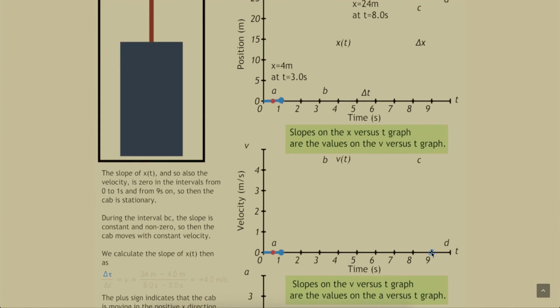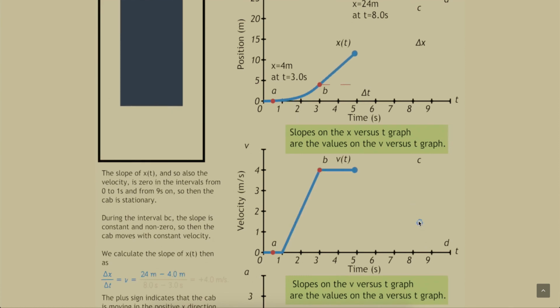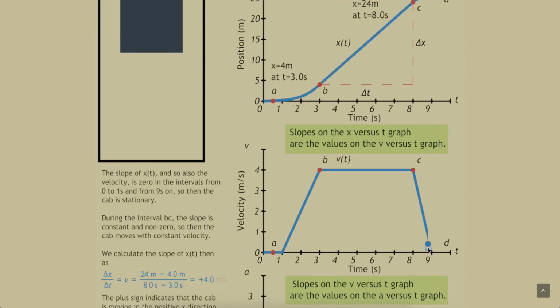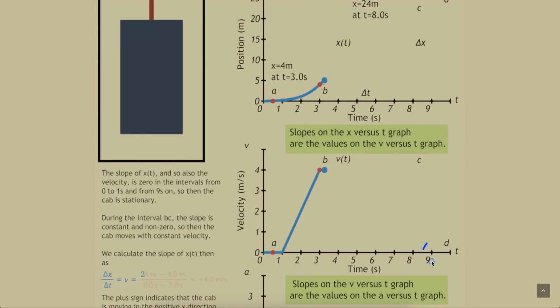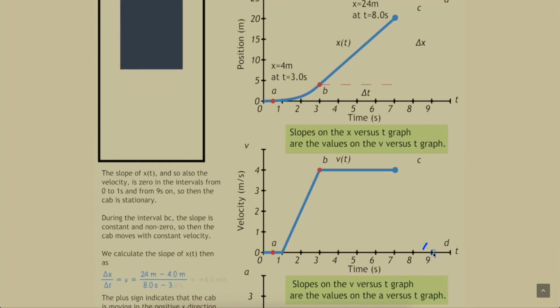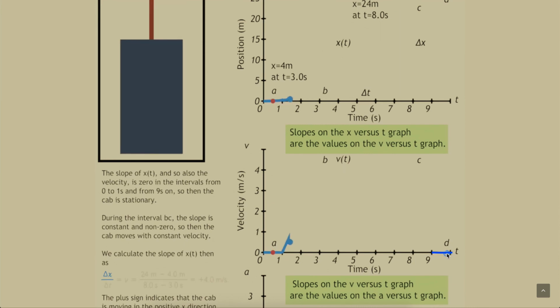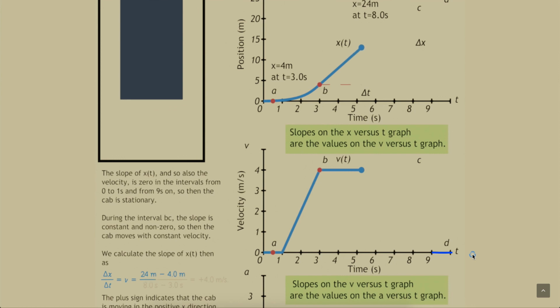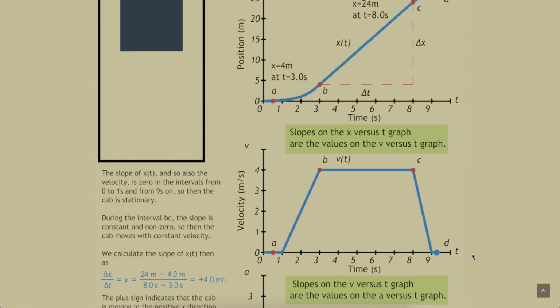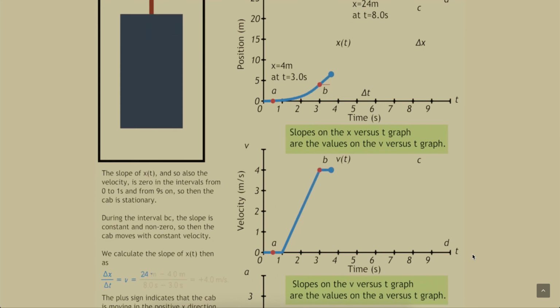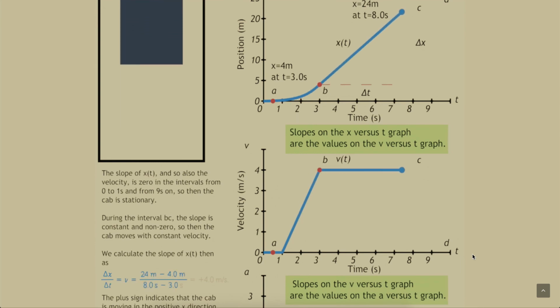So again, the value of the acceleration must be negative, and we can anticipate a constant value that is a horizontal line, since this section of the velocity curve is also a straight line. And finally, at 9 seconds, the velocity goes to 0, and therefore acceleration must do the same. So once again, if you were following along, make sure you have your version ready for the reveal. Pause the video if you need to make the final adjustments. And 3, 2, 1. Here it is.